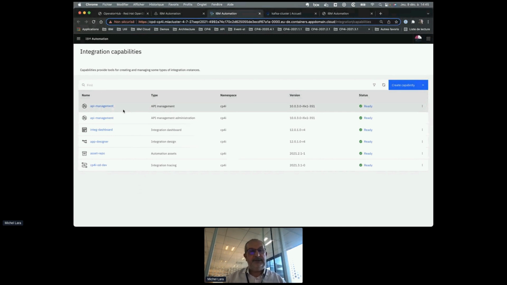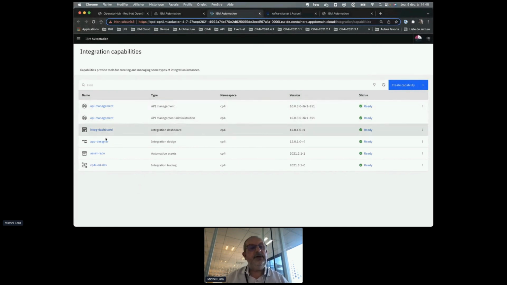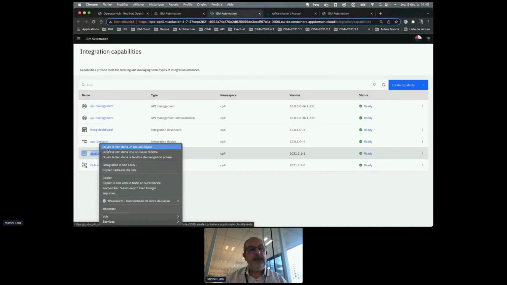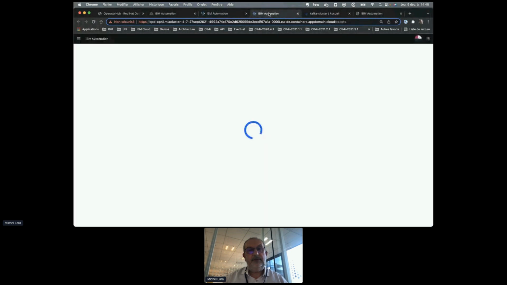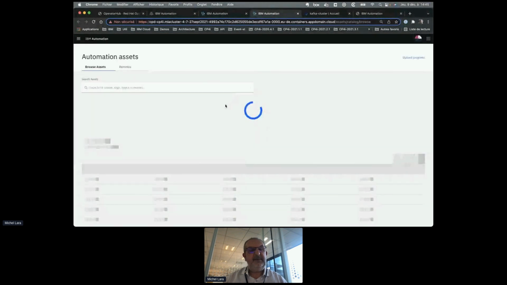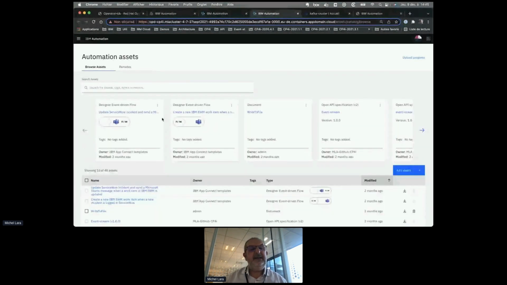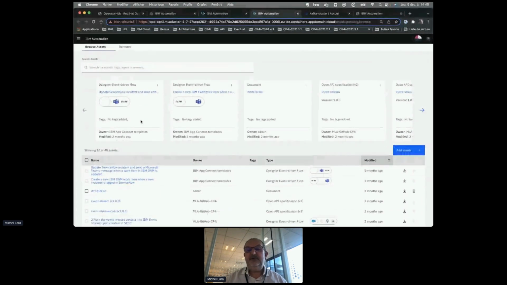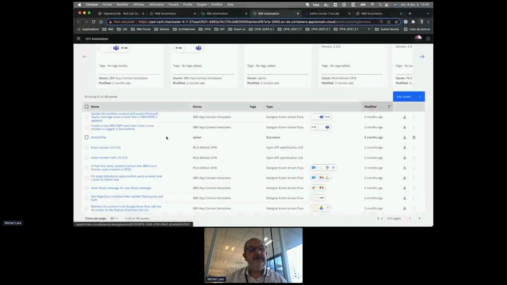So you have a single way to manage users, a single administration for all the solutions, and some cross capability to manage an asset repository with some assets coming from API. So I can find my API here, my API definition, my flow definition also, and I have the capability to synchronize this repository to my GitHub, for example.